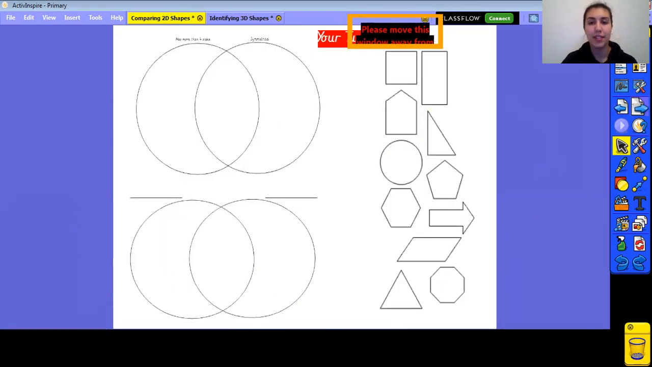So your task for today then is to do the same thing. You've got some shapes here. Now, if you print the sheet off, you can physically cut these out and place them. If you do this on the Word document, you can physically click that shape and drag it to where it belongs and save it. If you are writing this, then what I would suggest is you draw the circles, and instead of drawing the shape, I would write the name of the shape in those circles,